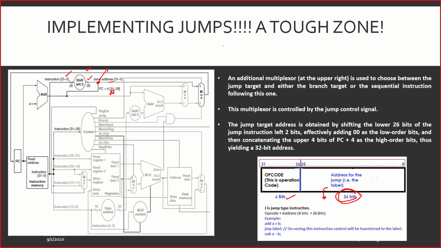And once this address is available, and if the instruction is seen to be jumping, I have an additional multiplexer here, and you could see that that multiplexer will take you through this path. That's it. That multiplexer will take you through the revised path where you need to jump. You can track it very easily. I'll explain this once again.